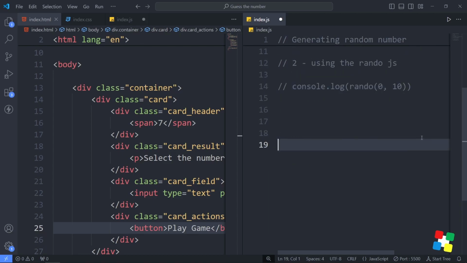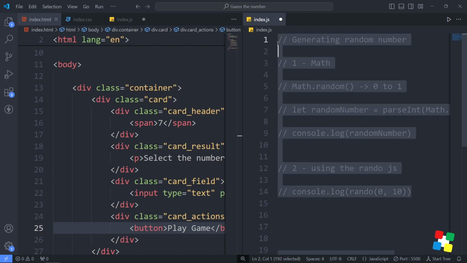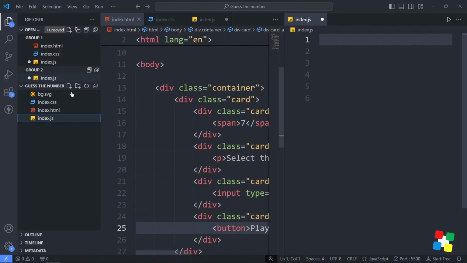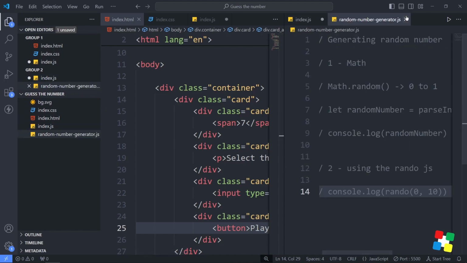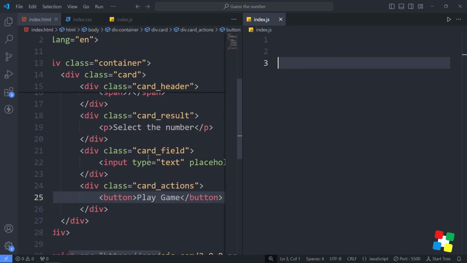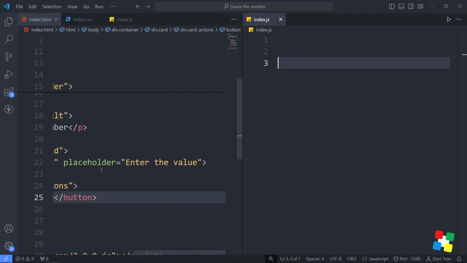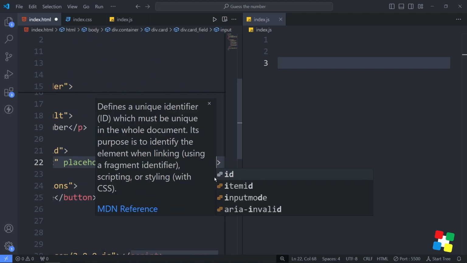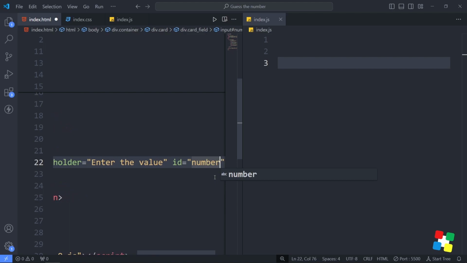I'll just scroll down, or let's do one thing. Let me cut this from here, and I'll name it random number generator.js, and here I'll keep this. So you can have a separate file for that, and this file only for the game. Now what I'll do here is, for this input text box I will give an ID. I'll say number as our ID, and in the JavaScript, let's say user number